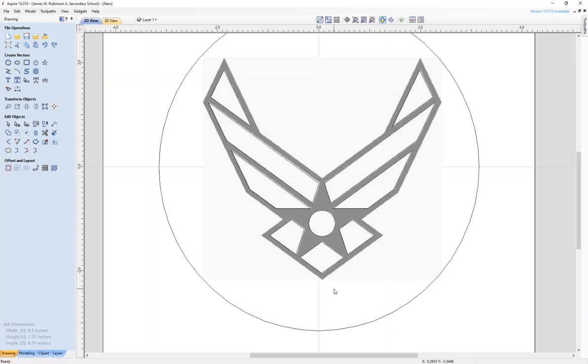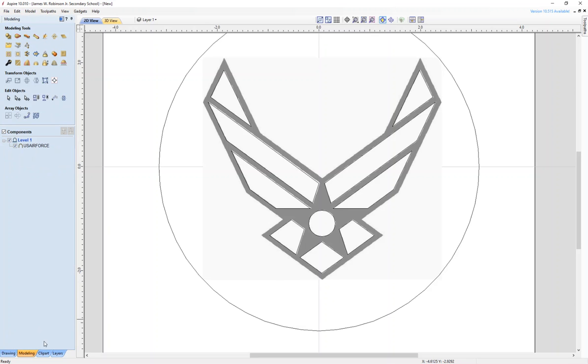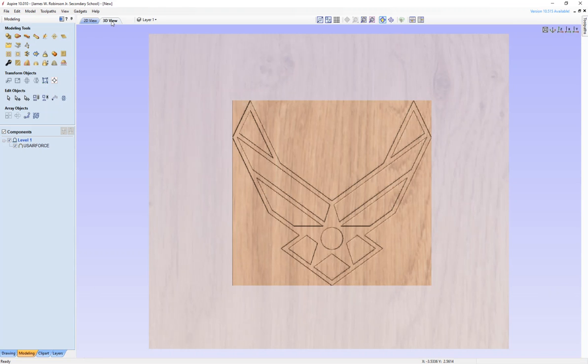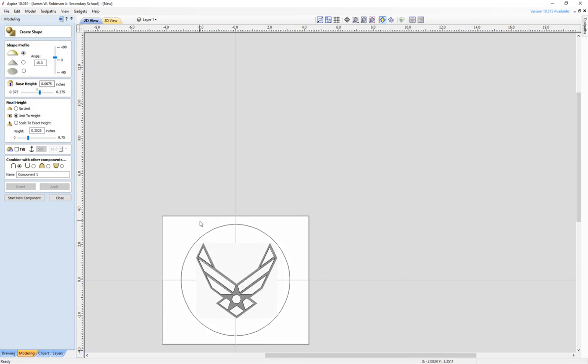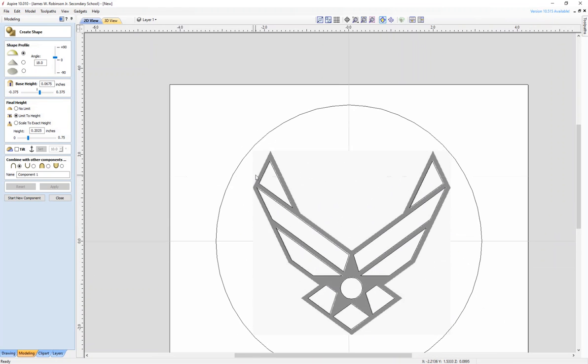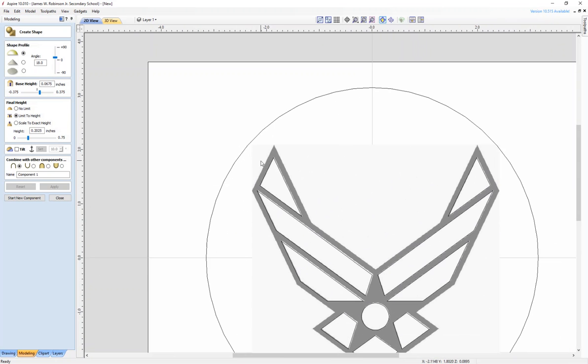So what do we do at this point? We're going to switch to modeling, 3D modeling, and we're going to go with 3D view. Right now, we have nothing to show except the model, the lines. But if you choose create a shape from the vector outlines, click here, and then zoom in, and